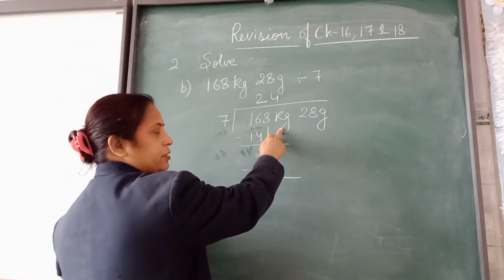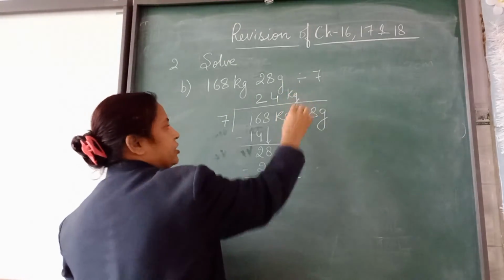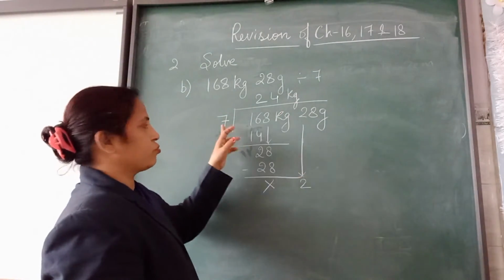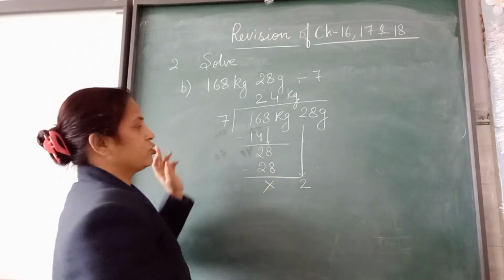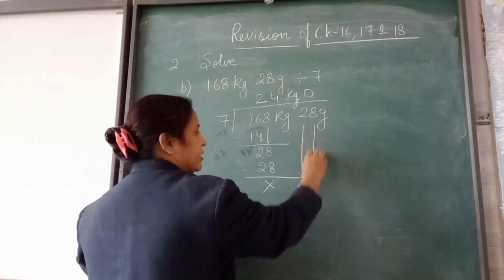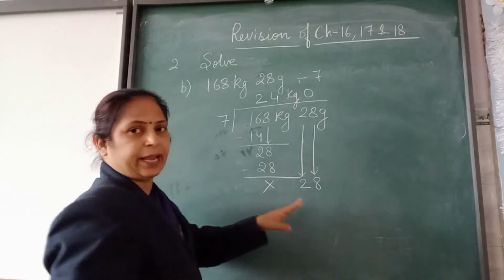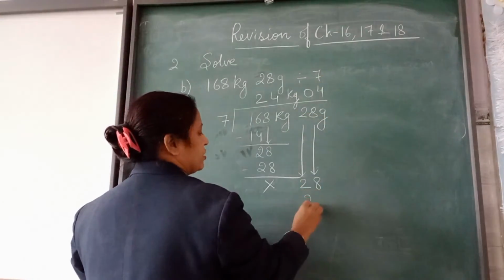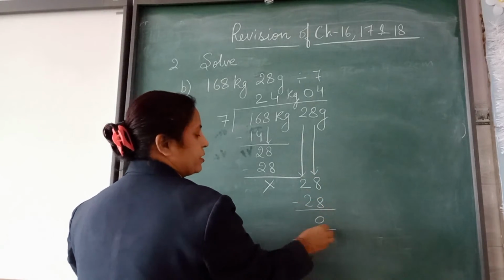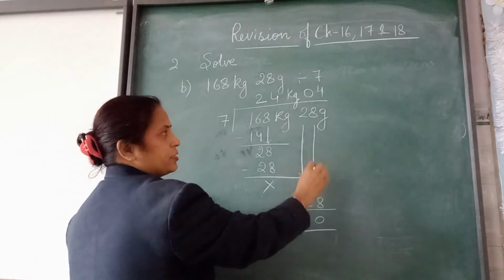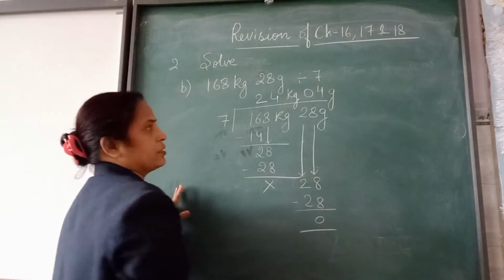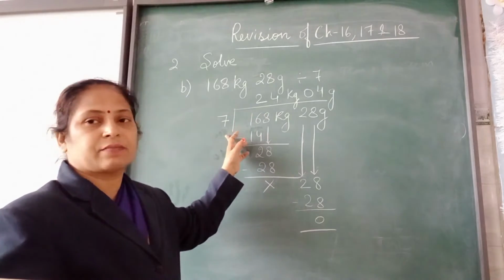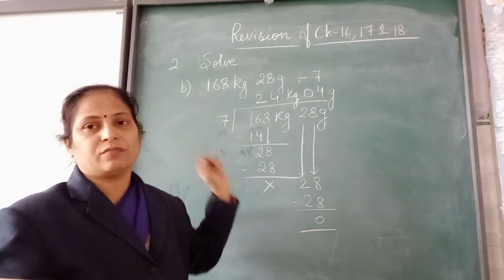So what is there? Kg. After that write down kg here. Bring down another number 2 here. Now this 2 is also smaller than the divisor 7. So put 0 above. Then bring the next number here. 28. Again 28 comes in the table of 7 4 times. 7 4s are 28. So your remainder is 0. And here it is written grams, so answer is this. So what is your answer after dividing 168 kg 28 grams by 7? You will get 24 kg 4 grams.